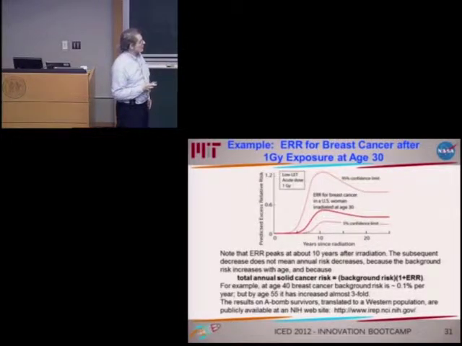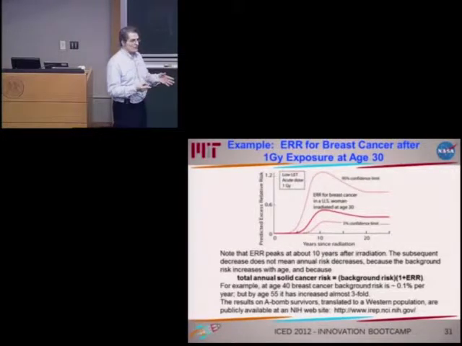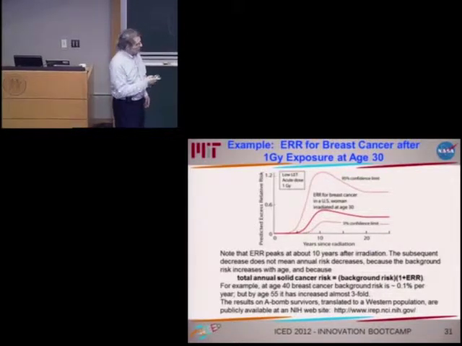And again, this is the excess relative risk. It peaks at 10 years, as you can see, and then drops. Now, that's not to say the actual cancer incidence decreases in these women, because remember, the denominator is the background risk, which at 40 years, for example, is about 0.1%, but then 15 years afterwards actually jumps to about 3 times that. So these curves, in terms of cancer incidence, are actually increasing. But this gives you an idea of how the picture looks in terms of the excess risk.